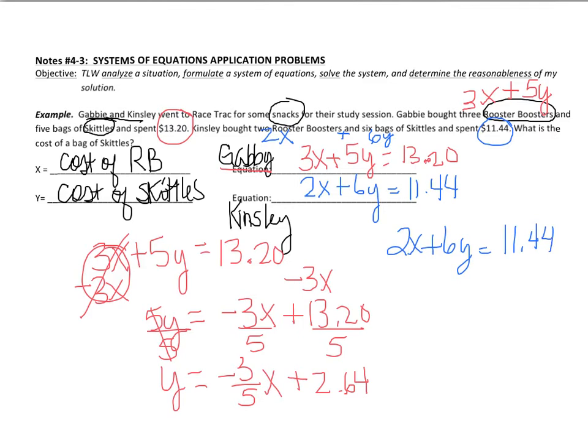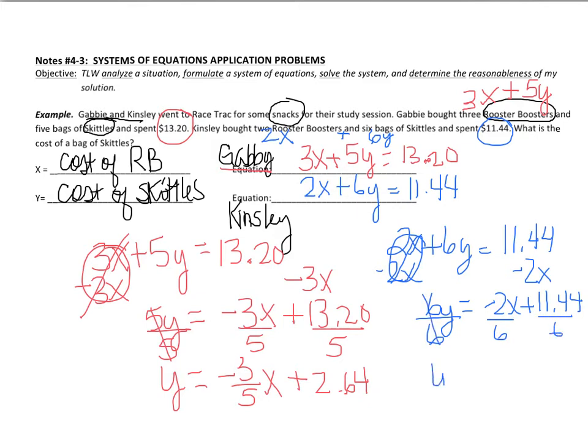Again, you want to move the 2X to the other side, so we're going to subtract 2X. If you started to notice, you can form a habit on trying to get this Y by itself. You're always going to move the X to the other side and then divide by the coefficient of Y. So you'll have negative 2X plus 11.44, so hopefully you're starting to recognize that so that it gets pretty easy to solve for Y. Divide everything by 6, Y equals, let's simplify that, negative 1/3 X